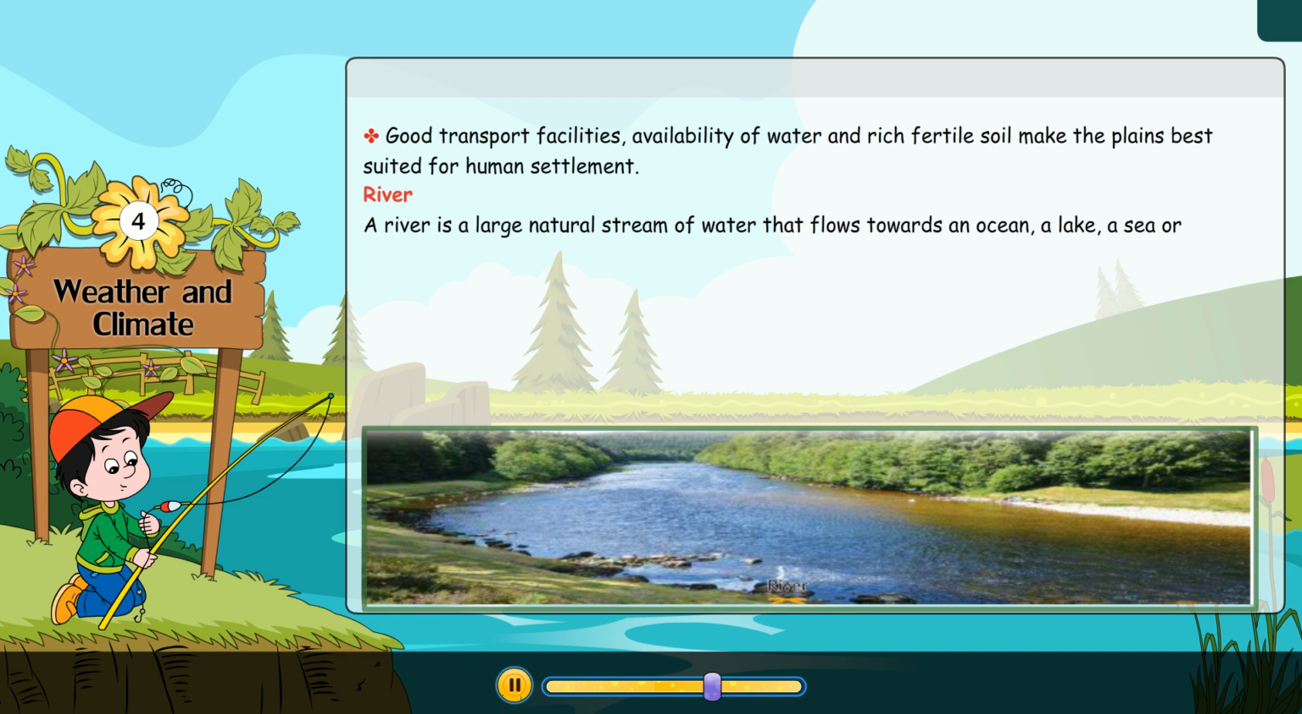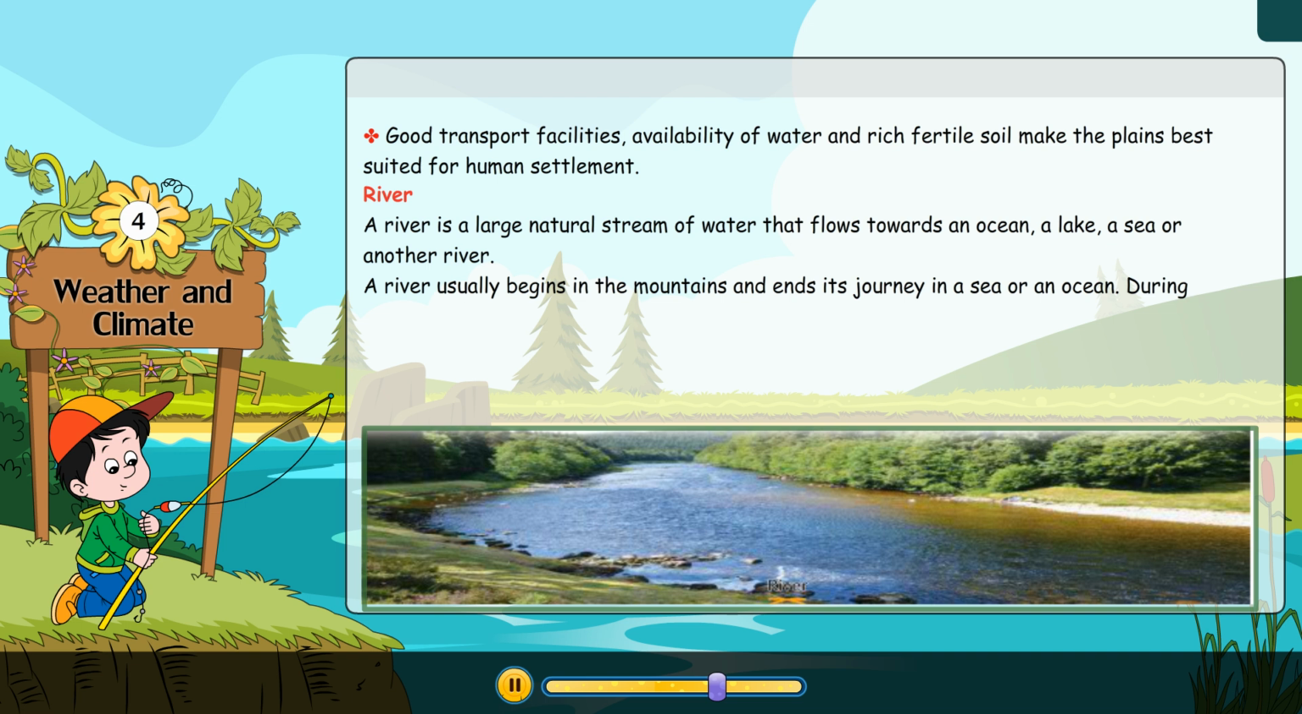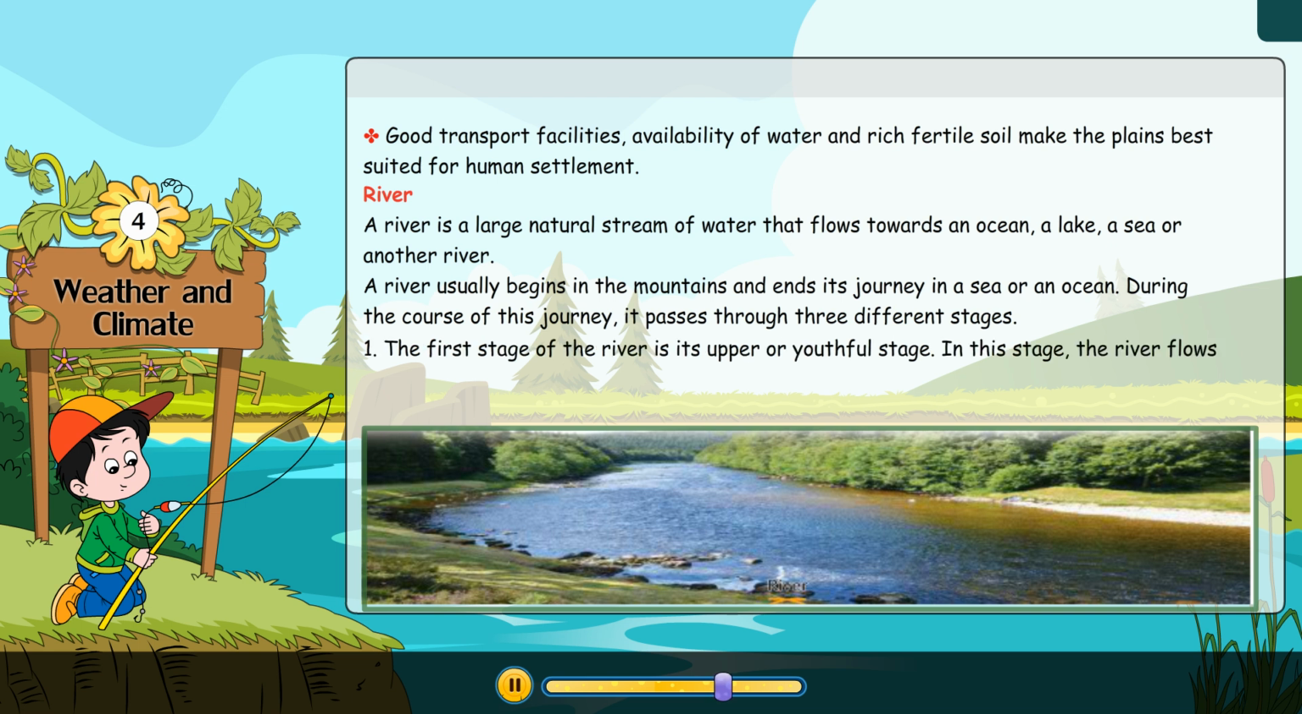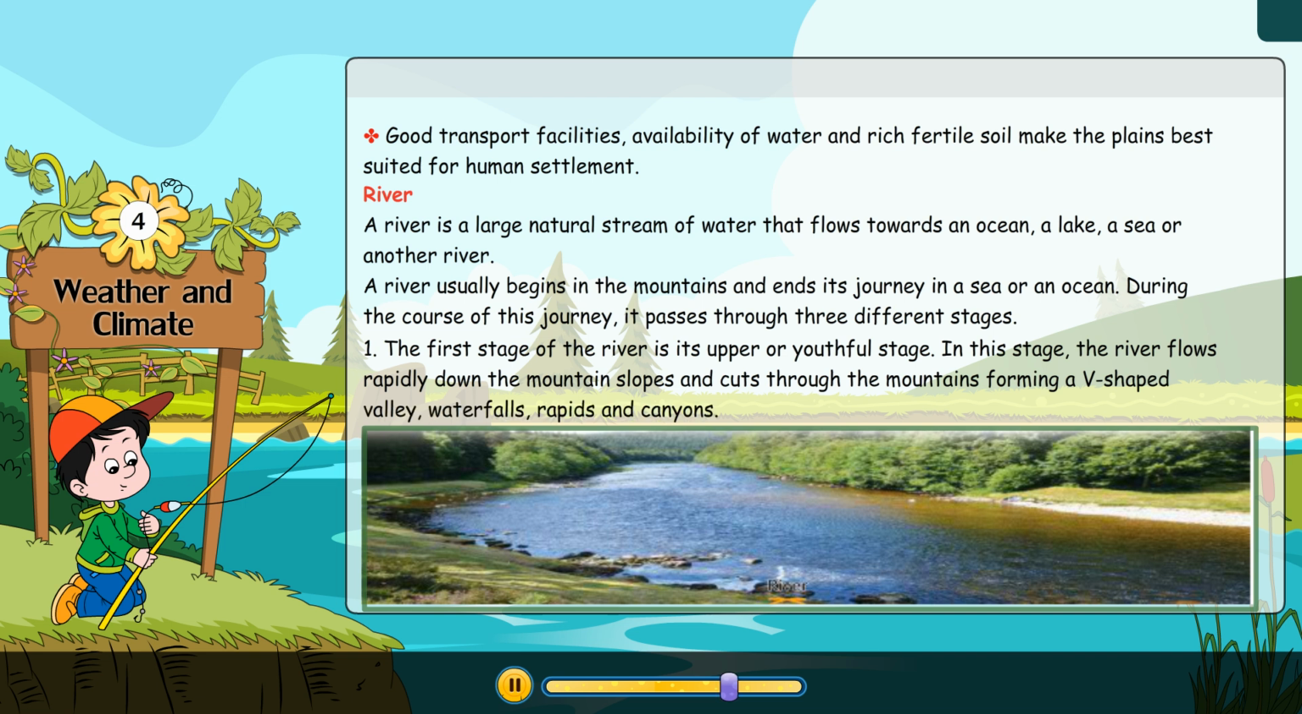River. A river is a large natural stream of water that flows towards an ocean, a lake, a sea, or another river. A river usually begins in the mountains and ends its journey in a sea or an ocean. During the course of this journey, it passes through 3 different stages. The first stage of the river is its upper or youthful stage. In this stage, the river flows rapidly down the mountain slopes and cuts through the mountains, forming a V-shaped valley,